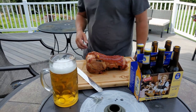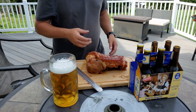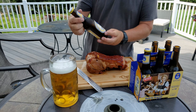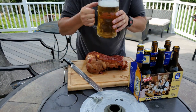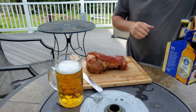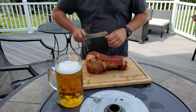All right, it's been about 15 minutes. I've let it rest. Let's take the meter probe out. So we ran out of the Yingling Oktoberfest, so now we're on to the Hofbräu München from Munich. That's what I got in the Oktoberfest mug. Put that there. Move these off to the side. These roosters, they don't quit. All right, let's